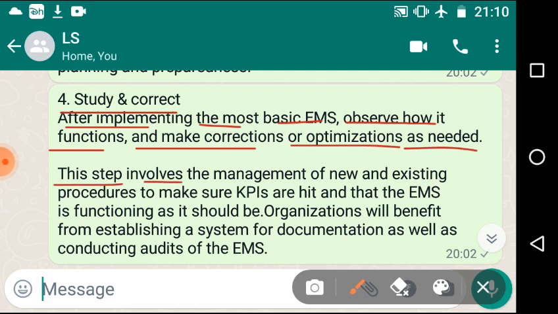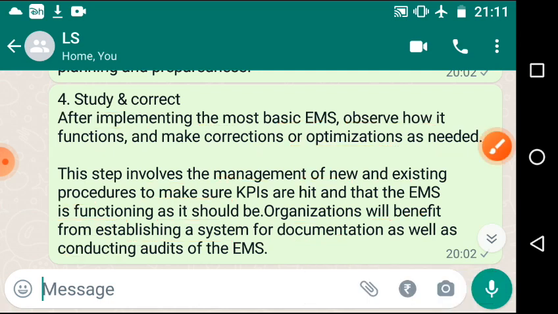Then is study and correct. So after implementing the most basic EMS, environmental management system, observe how it functions. After putting that plan into effect, we have to study, we have to see, and we have to collect that information, and we have to rectify it also, make corrections or optimizations as needed. These steps involve management of new and existing procedures to make sure